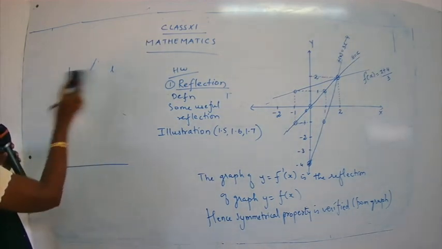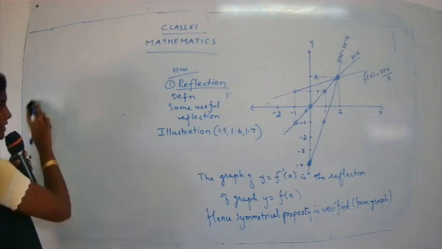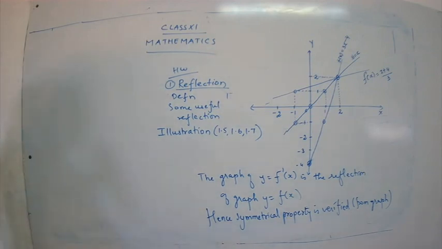We are not going to go for the writing part now, because the main important thing is to understand the concept. Once the concept is clear, we can complete our exercise 1.4 in a quick manner. Otherwise you will have a lot of confusion about why we are drawing the graph like this, because we are not going to plot the points. We are going to plot the graph directly. We are just going to do the transformations. We are just going to shift the graph. So you have to be clear with the concepts.